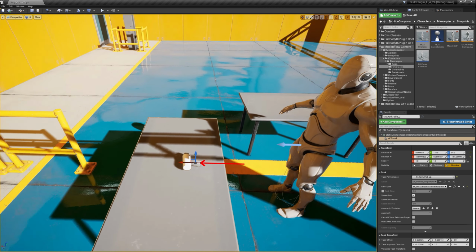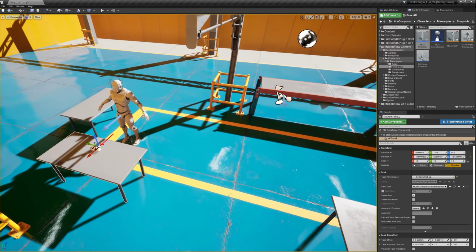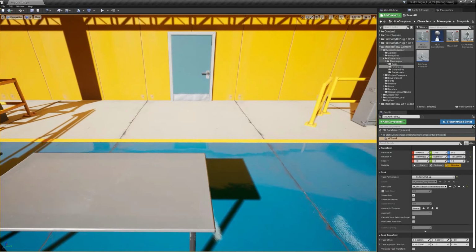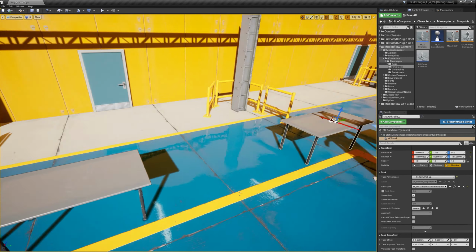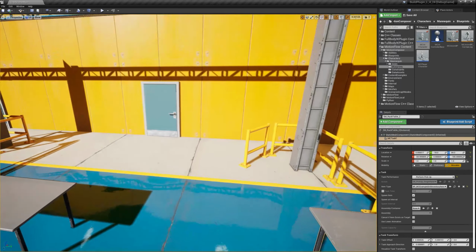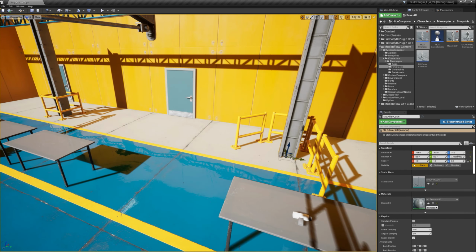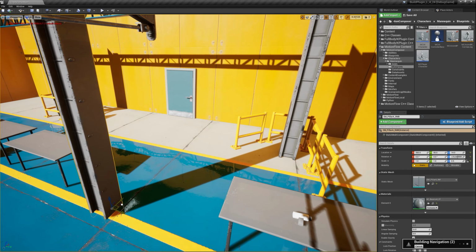So now we have set up this task of pickup drill. So the next thing we are going to do is make a place where the character is going to perform a drill action. Now we can do that anywhere we want. So let's say we want to drill on this pillar. So I'm going to actually create a copy of it here,